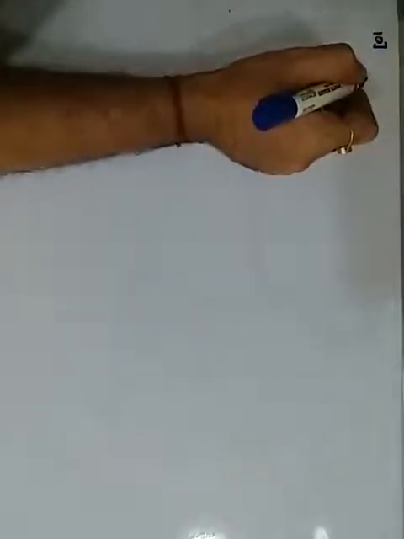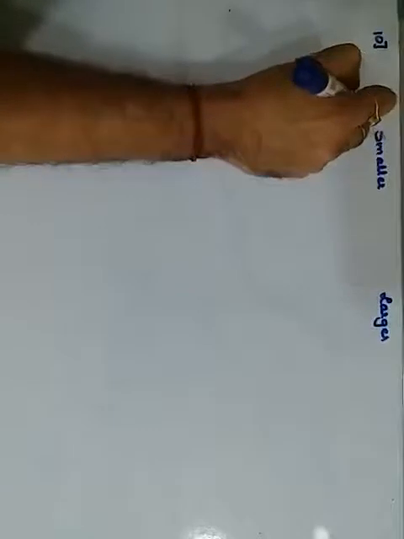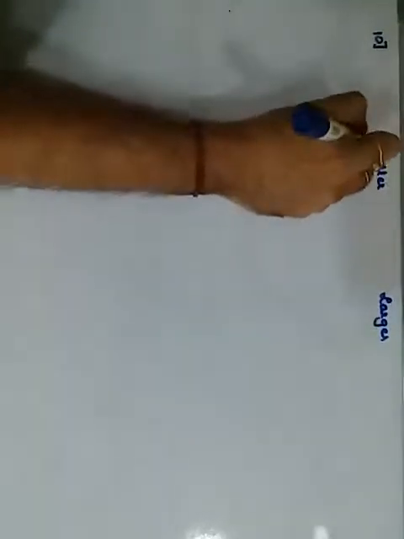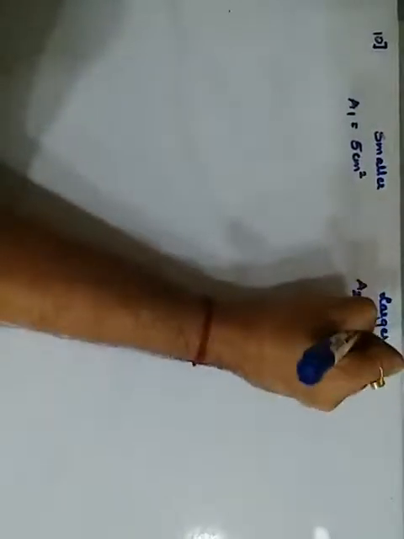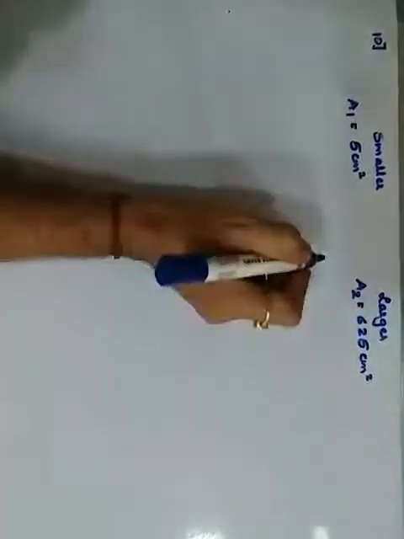So question number 10, again it is based on pistons, that is a hydraulic machine. Here it is given 5 centimeter square and 625 centimeter square. That means there is a smaller piston and there is a larger piston. They have provided that the areas of the pistons in the hydraulic machine are 5 and 625. This means the area of the first smaller piston is 5 centimeter square and the area of the other larger piston is 625 centimeter square. Leave the units centimeter square as they are.